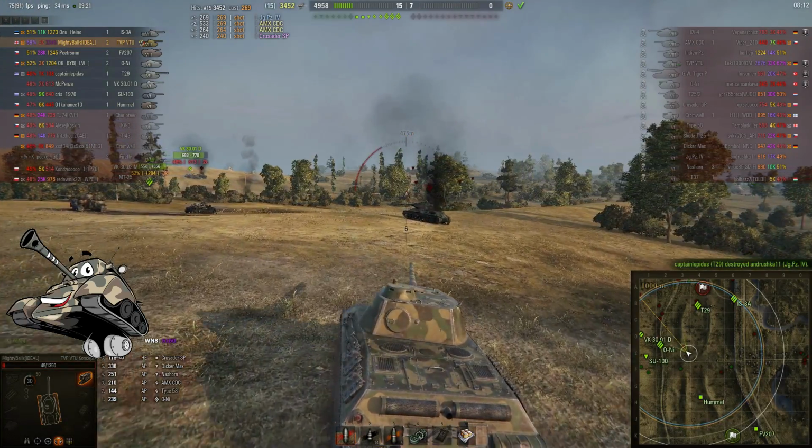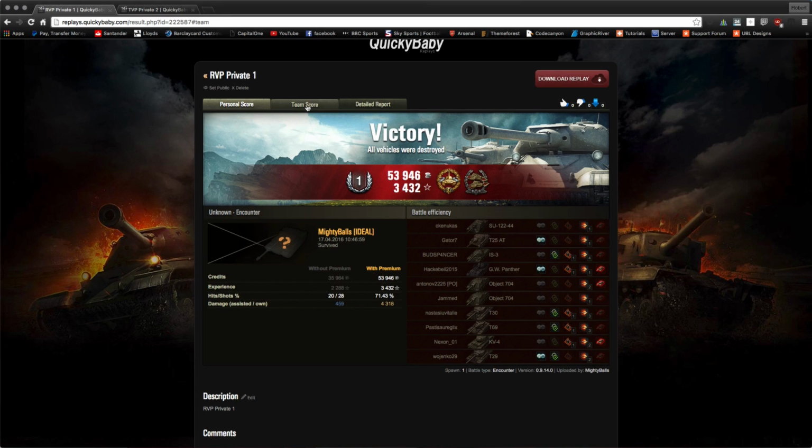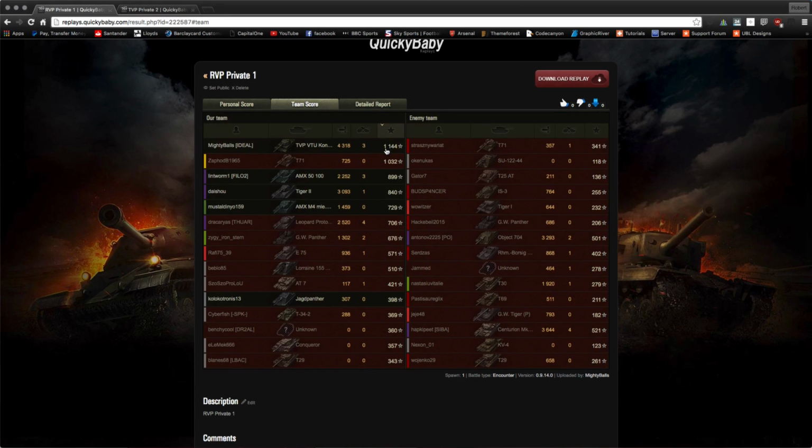So let's go over to the results. I'm on QuickieBaby's replay website, which is replays.quickybaby.com. I penetrated 10 tanks, killing 3, spotting, or shall I say initial spotting of 3 tanks, doing a damage of 4,318 and 459 assistance damage. I had 1,144 base experience,